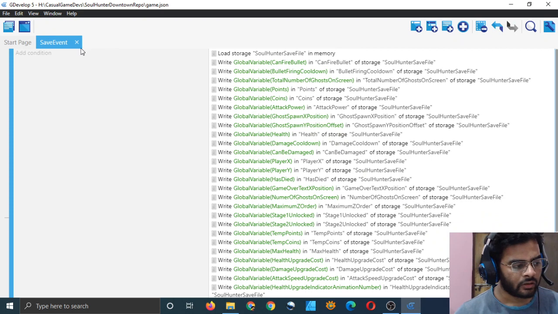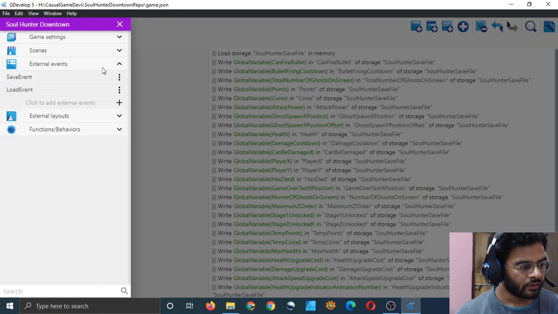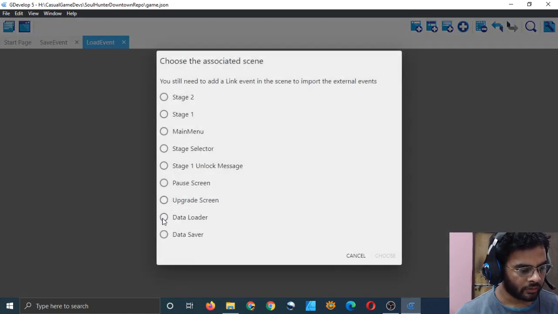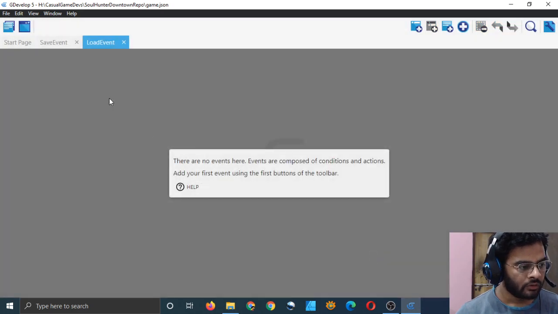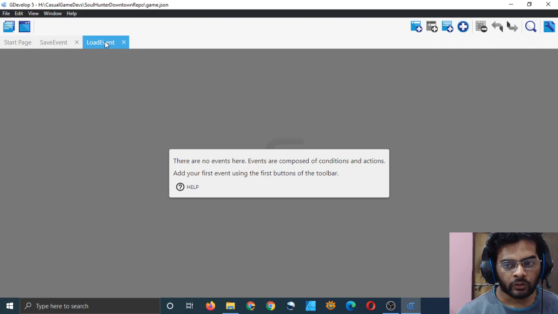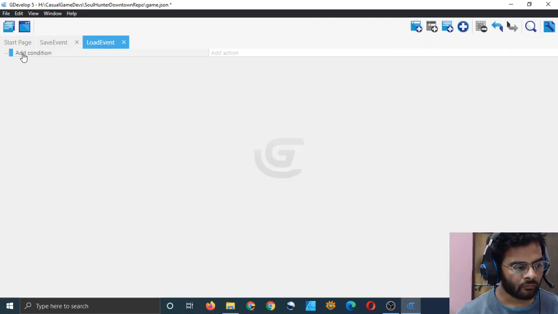Now we have to do the loading. We have to write events for loading. So let's go there. External events, load event. Choose the scene and it will be a data loader. Right? For this it was data saver, and for this it is data loader. There are no events, so let's add an event without any condition.